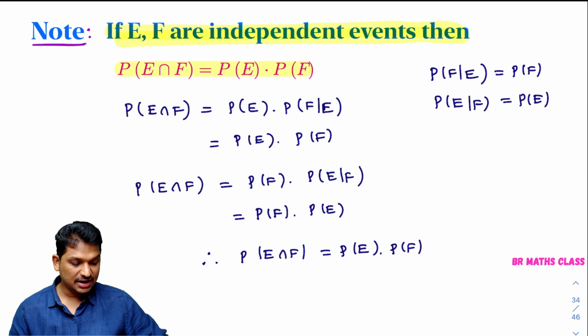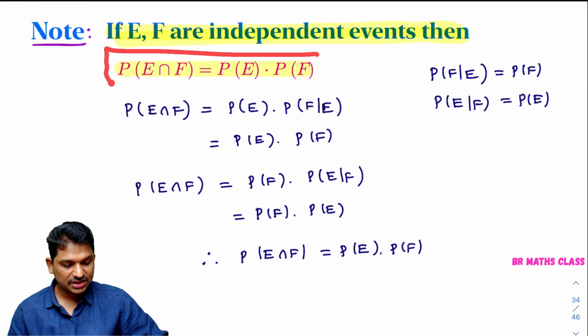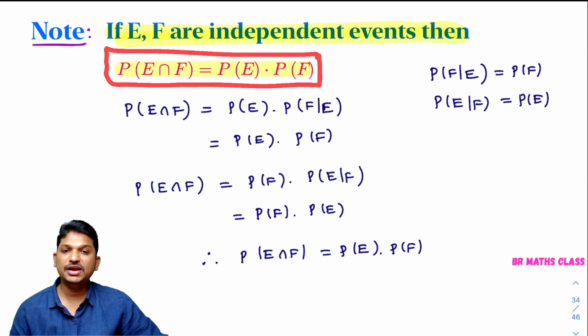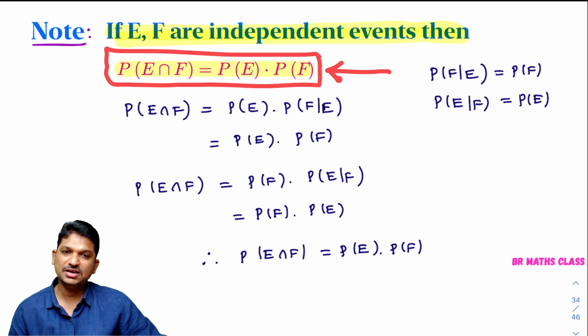After that, very important. Whenever we want to check whether the events are independent events or not, we'll check this condition. If the events E and F are independent events, probability of E intersection F equals probability of E into probability of F. Very important, just like the hero of this story. For the second exercise, this is the hero. We use this condition very frequently to check whether the events are independent or not. Whenever you want to check this, you need to recall this formula.